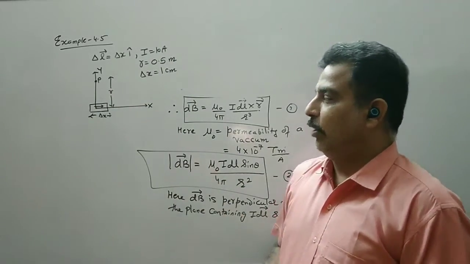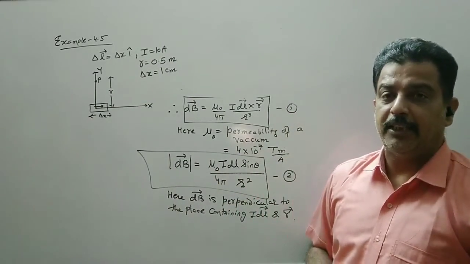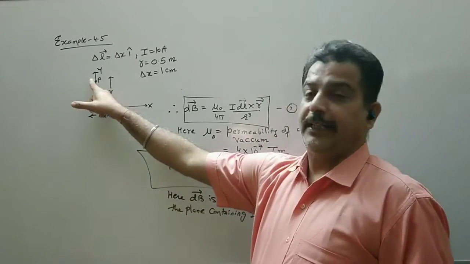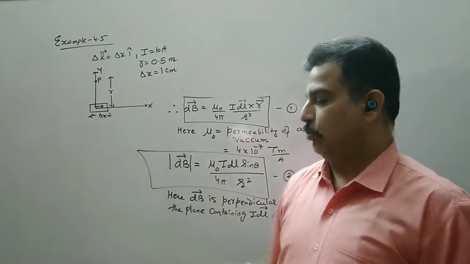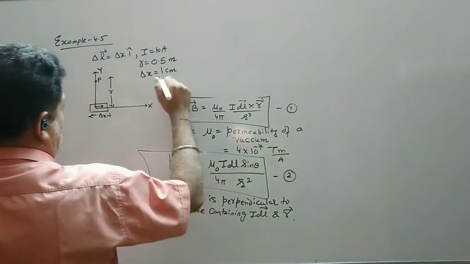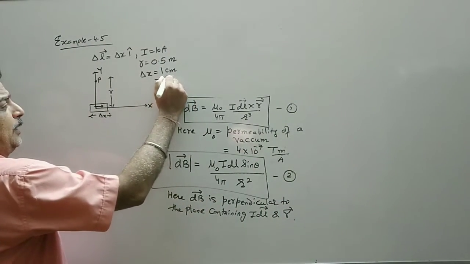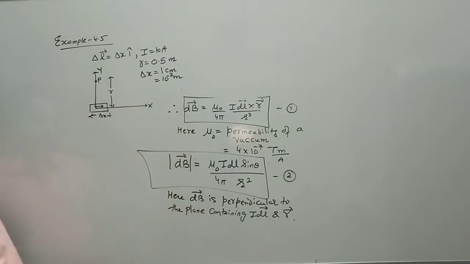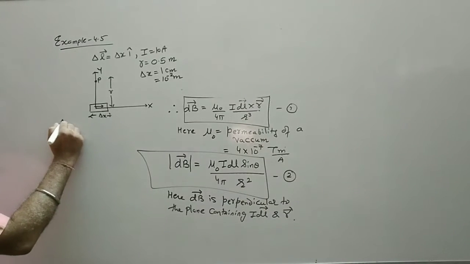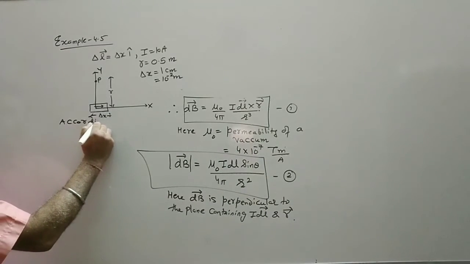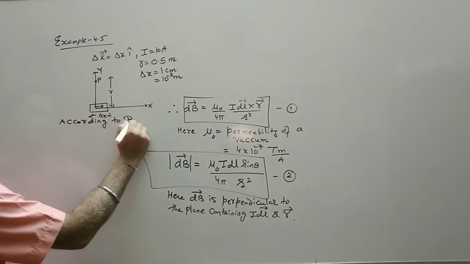We have to find out the magnetic field intensity at point P, which is at a distance 0.5 meter from the small current element, which is 1 centimeter. So that is 10 raised to minus 2 meter. So these are the formulas we have written. So according to Biot-Savart law,